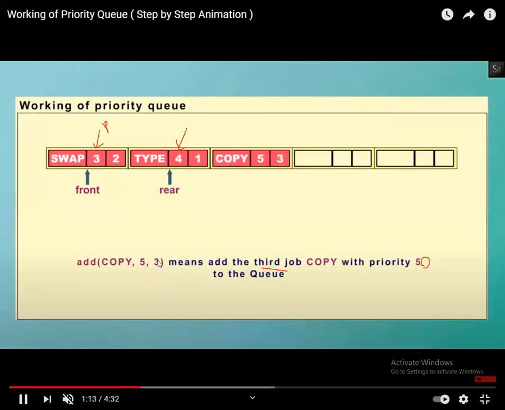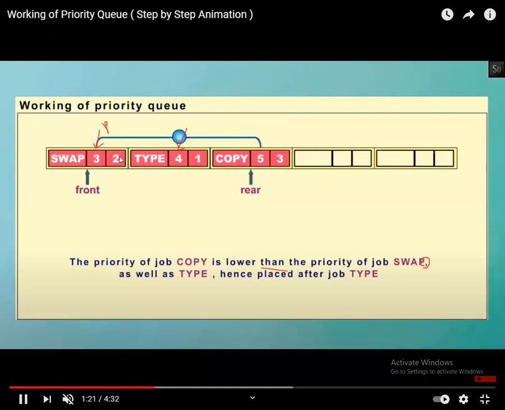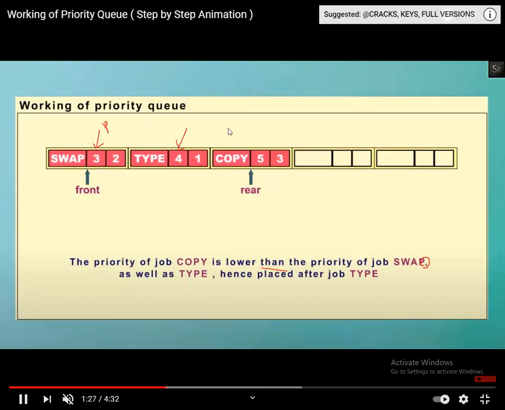The element is 3 and the priority is 5. Since the priority is 5, first it would insert directly, and it will verify whether it has a lower priority than this one. Now you could see it will verify with individual elements. Nothing to be changed, nothing to be changed. Clear? Nothing to be changed.